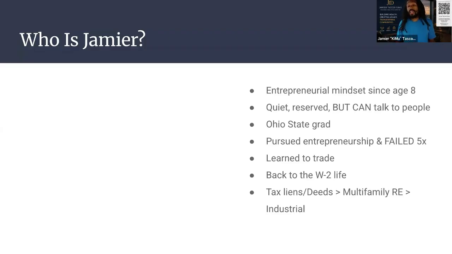But I was a quiet kid. I was a reserved kid. I was a playful kid. I could get along with anybody, as I still can today. But I wasn't the type of kid to go out of my way to talk to somebody. I didn't really talk when I was in high school. If you ask anybody who knew me in high school, I was the type of kid who came in with a black hoodie, sat in the furthest chair from the middle and front of the room, with my arms folded, slouched in the chair as if I didn't want anybody to call on me. I didn't want no attention. Wanted none of that. Basically the opposite of who I am today.